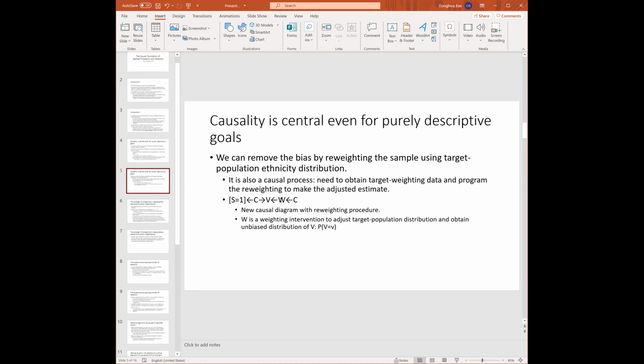I'm not familiar with the statistics of this, but what would make sense to me is if rich people make 30% of the population, but they make 80% of the voting, then maybe they would reweight it so it represents 30% instead of 80%. That's what might make sense in my mind. Yeah, they correct the...